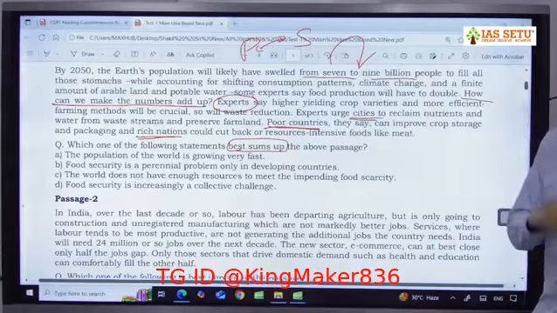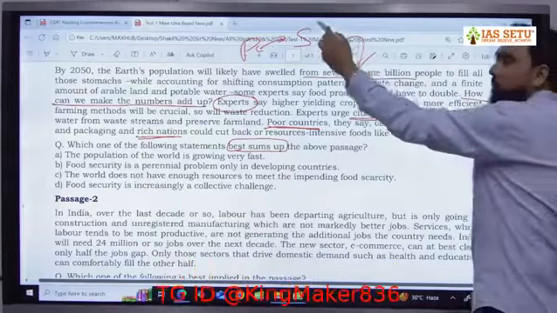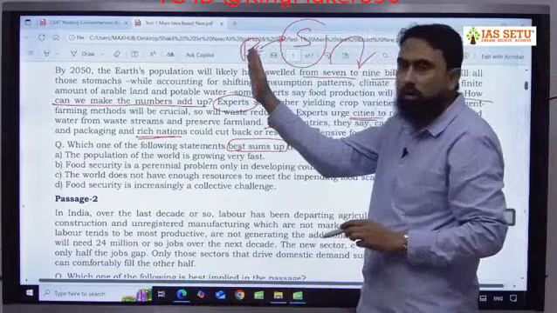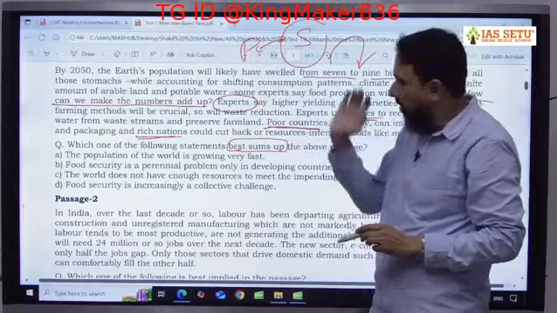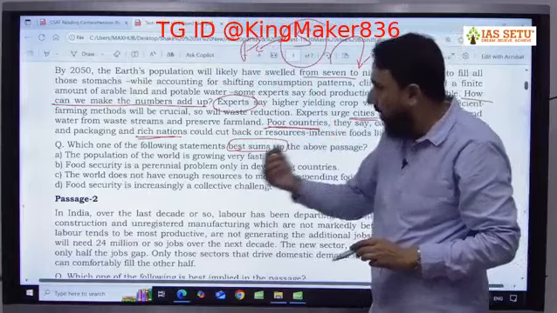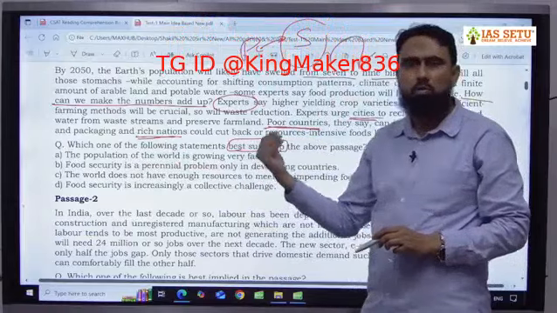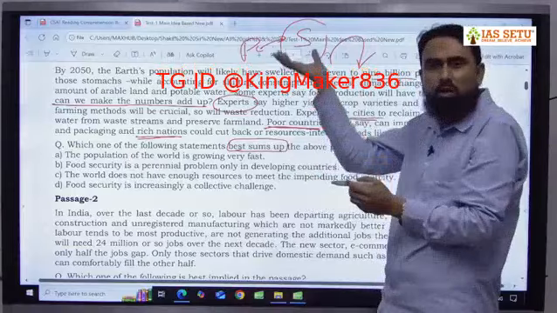Problem and solution. What is more important? We will see which options only confine themselves to the problem. So we go to option A, which says the population of the world is growing very fast. हाँ जी, बहुत तेज ग्रो कर रहा है, 7 to 9 हो गया, लेकिन क्या ये रिप्रेजेंट करता है सोल्यूशन